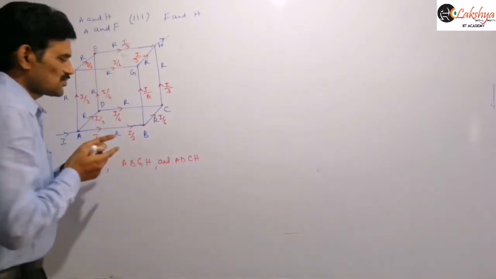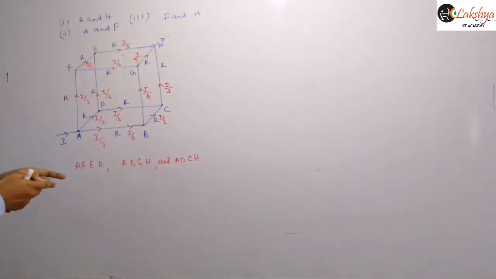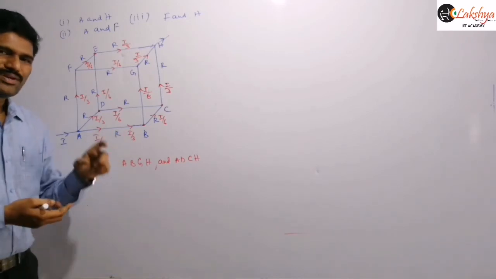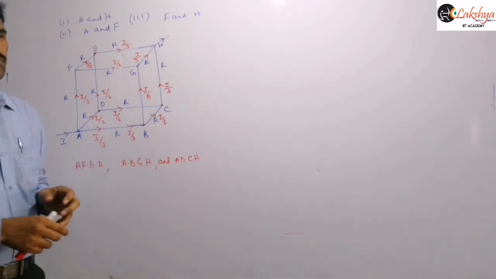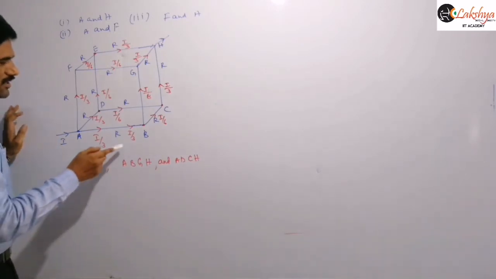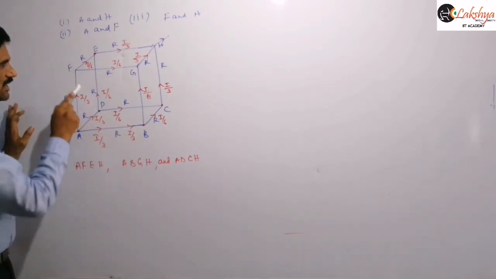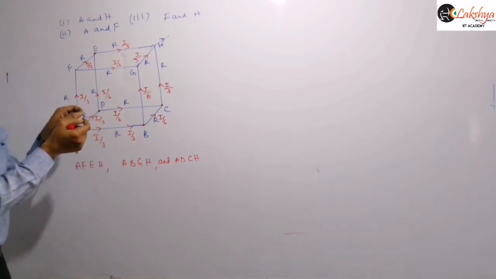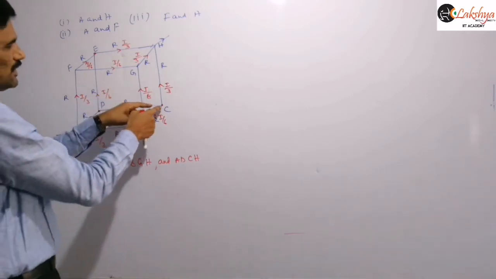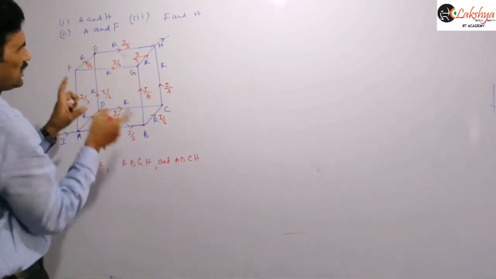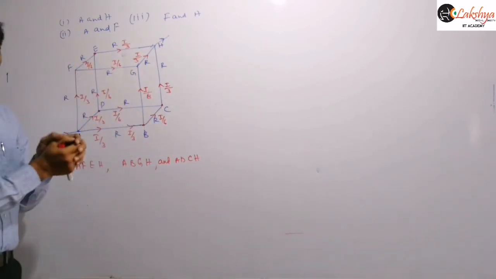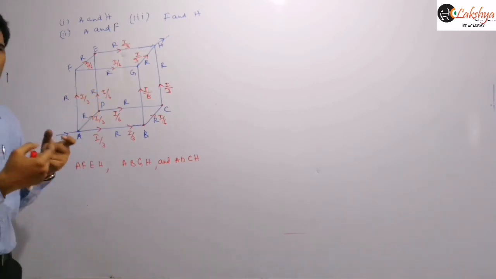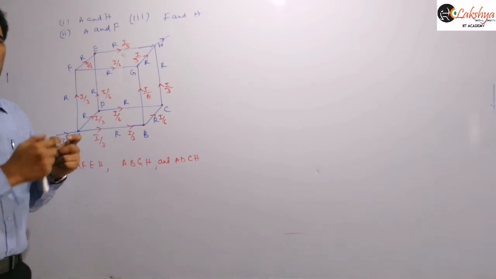That means actually in this also, as we are identifying the identical paths and the current distribution is over, you can identify the equipotential points. If you identify the equipotential points, then you can say that B, D and F, these three are equipotential. You can join them. And similarly C, G and E, those three are equipotential. You can join them. And if you join them and draw it, you will get more confusion here.